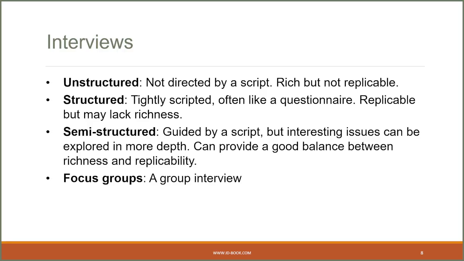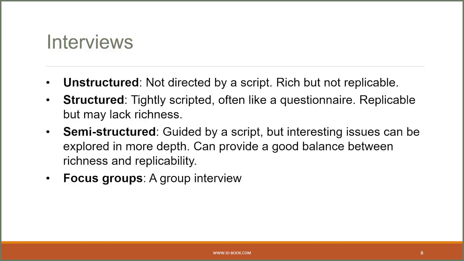When it comes to interviews, you can have different types of interviews. But interview doesn't mean you interview someone like a user that goes through your game. You need to have some background information about them. Technically, the first few minutes you're going to interview that person. So interviews could be